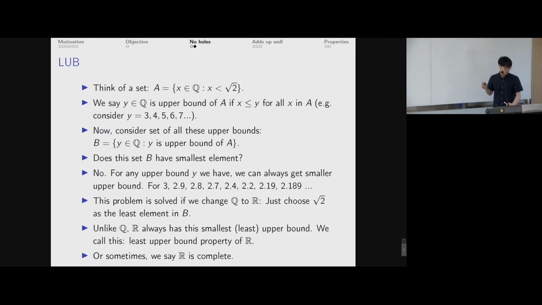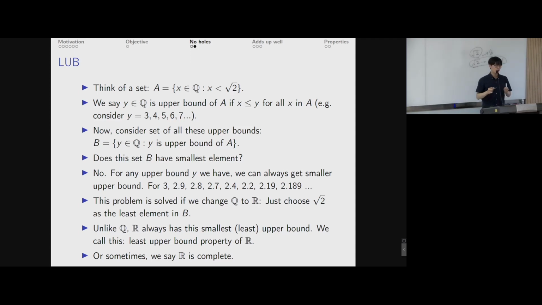Okay, so you can kind of see that root 2 is going to be the smallest upper bound, because if you try to get a smaller upper bound for this set A, like for example root 2 minus 0.0001, you can see that this is not going to be an upper bound for A, because you can always find some rational number that is between these two numbers, between root 2 and root 2 minus 0.0001. So there's going to be a rational number between them,